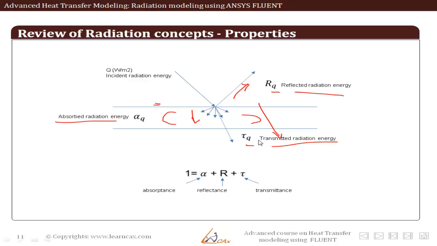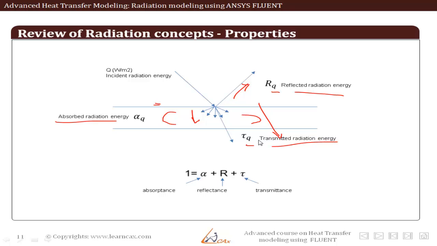So every material emits radiation and accepts radiation. The radiation that is accepted is either absorbed, which results in an increase in energy level, or reflected, which results in radiation going elsewhere, or transmitted, which results in radiation passing through the material and going ahead. So there come three properties: absorptivity or absorptance, reflectivity or reflectance, transmittivity or transmittance.